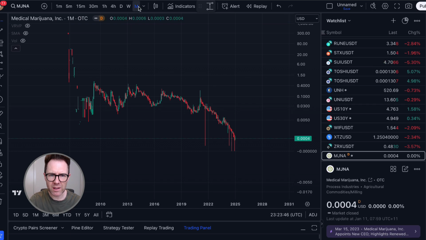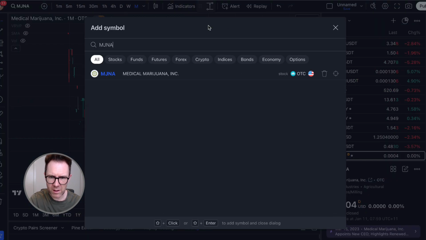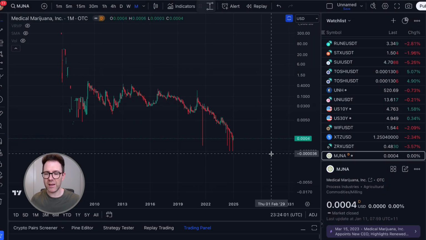So if it's OTC, I think this is American. If I am correct, is it OTC? Give me 1 second. MJNA. Yeah, it's American. There's the American flag. So it is priced in USD